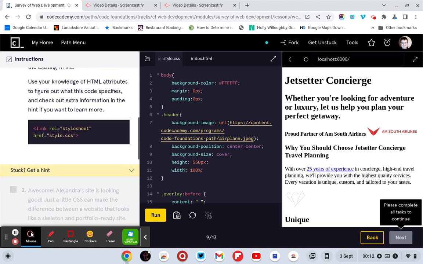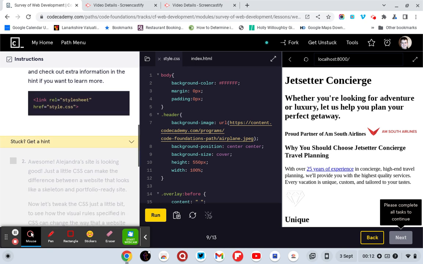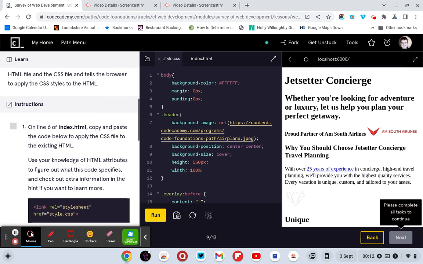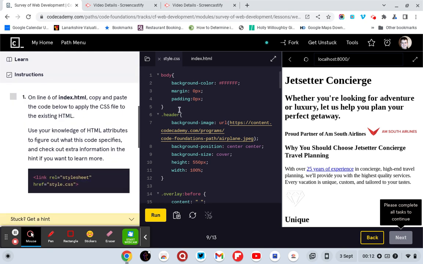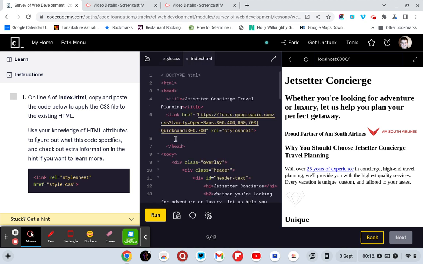Use your knowledge of the HTML attributes to figure out what this code specifies and check out the hint version. So that's on the CSS, but in index.html, on line 6, we need